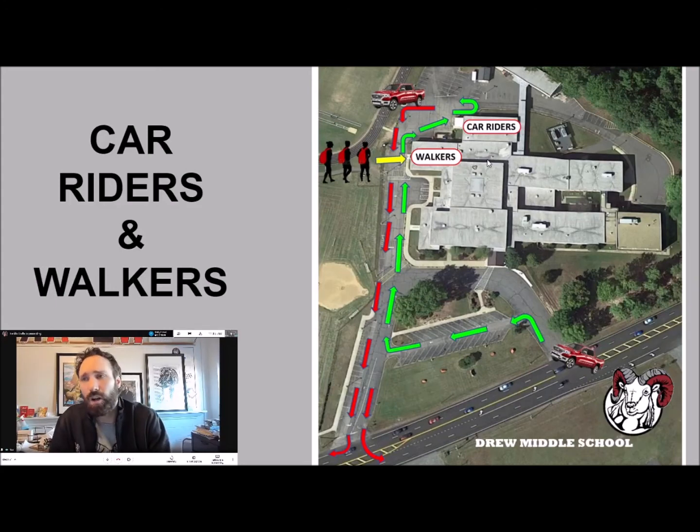End of the day, when we call car riders, you're going to go to the cafeteria. You're going to wait there, and your parents this year will have a number. And when we call your number or your name, you would come out to get in the car. Okay, and we'll explain more of that on Tuesday for the kids who are riding cars, okay? Walkers, when you leave the building, you'll exit through that elective hallway as well, okay? So again, car riders, we changed where you leave and where you enter. You're coming in and leaving through the cafeteria. Why are we doing all this? To keep you safe and healthy, and it helps us keep things organized and running effectively.